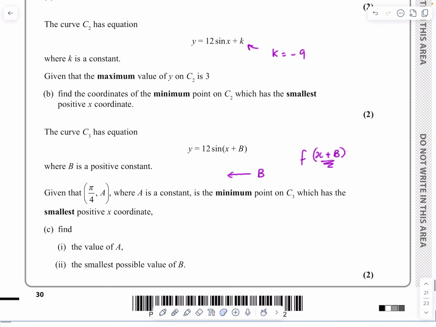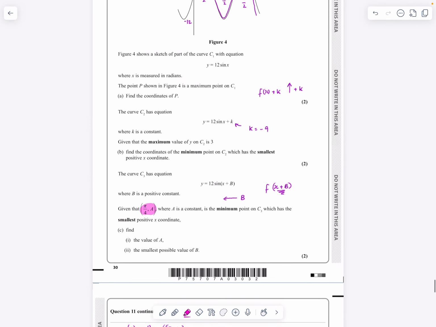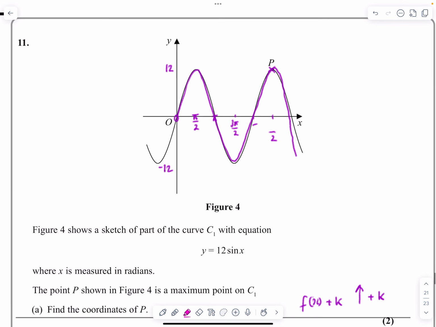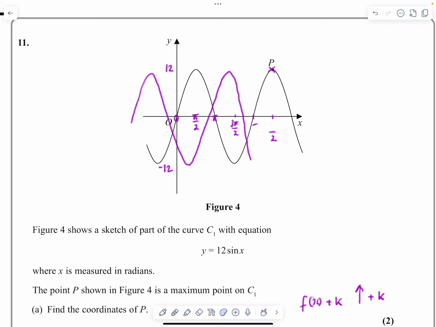Let's go back to the question. The question says that this time b is a positive. So if b is positive, I know it is going to move to the left. And it says my new minimum point is pi over 4, a. So let's go back to the graph and say that when I do move this over, I'm going to move over to a point. I could keep moving, actually. I could try and get it as accurate as I can. This new point